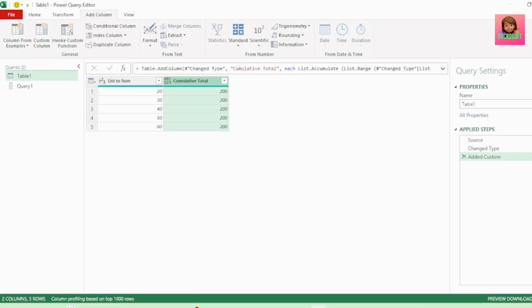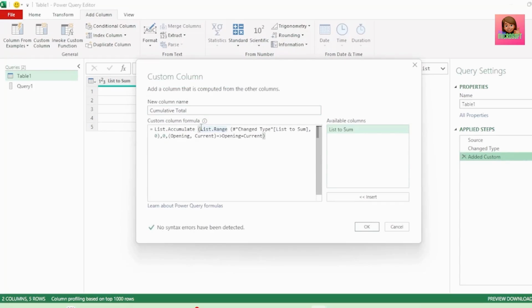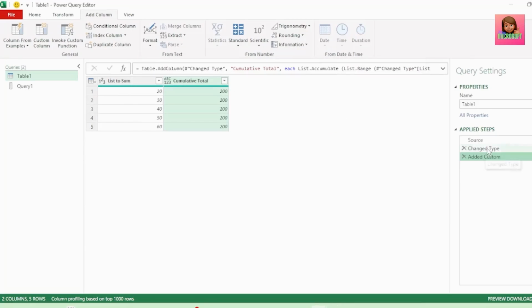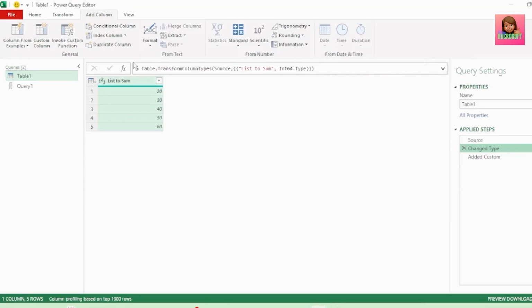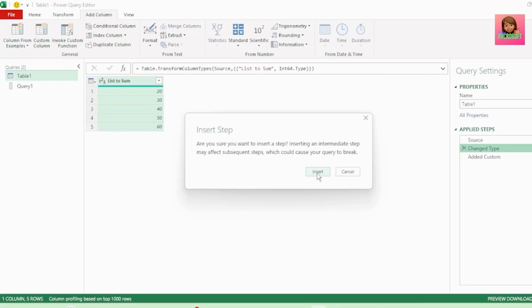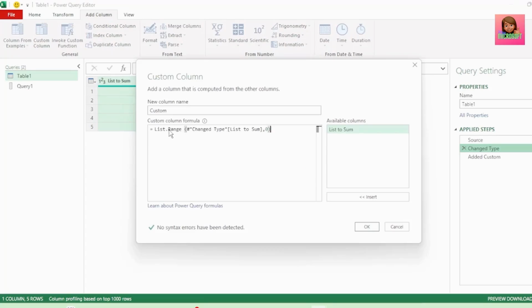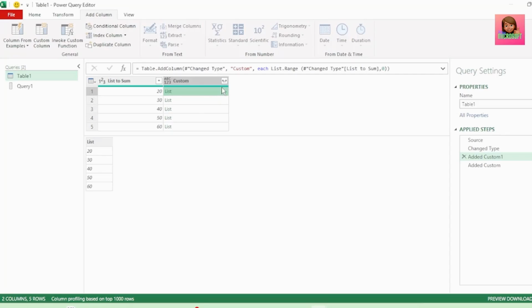Let's go back into our added custom column step and copy our List.Range formula. So that's our list and offset. Next, click on the change type step, and in the add column tab, click on custom column and click on insert, and let's paste our code here and click on OK. So List.Range is returning our entire list each time, but we do have help at hand,